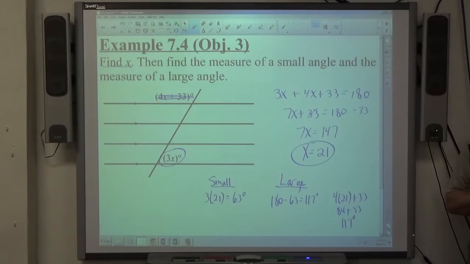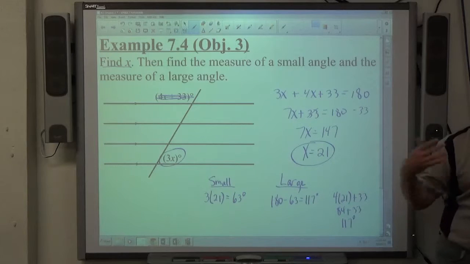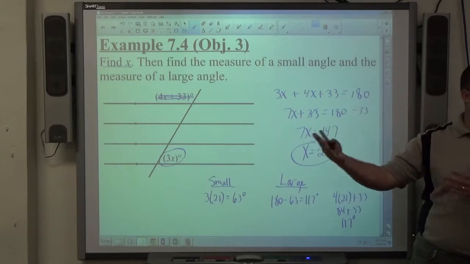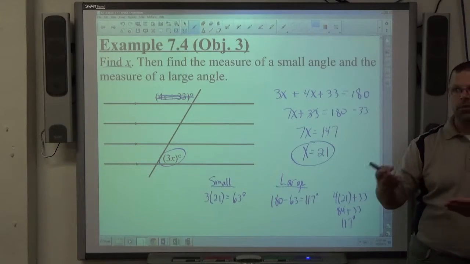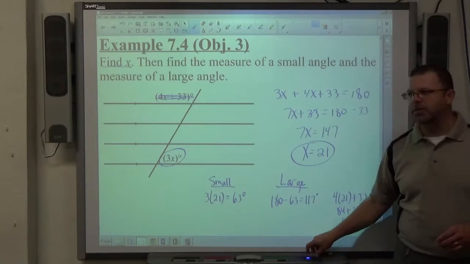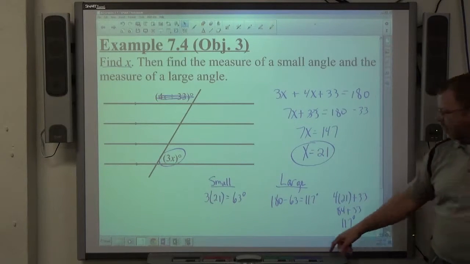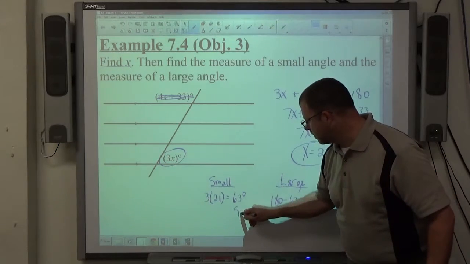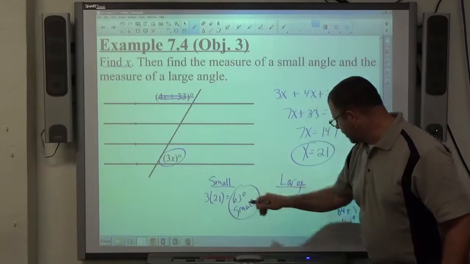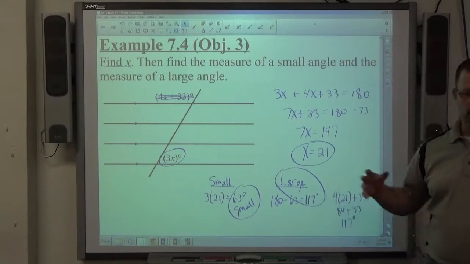Take your pick. Just know that if, let's say, they were both obtuse, you have obtuse equals obtuse, you can get x, right? You can use one of the two structures to find out the obtuse measure. You can still find the other measure even though you don't have something sitting in one of the spaces there. You're able to still do it. So that answers everything. Small angle is 63, large angle is 117, x equals 21. Everything's answered. So that is the end of